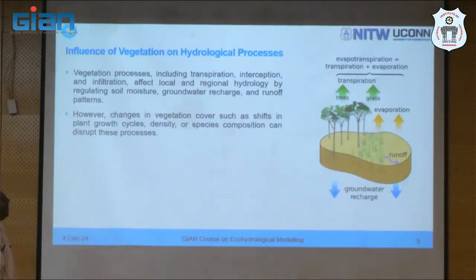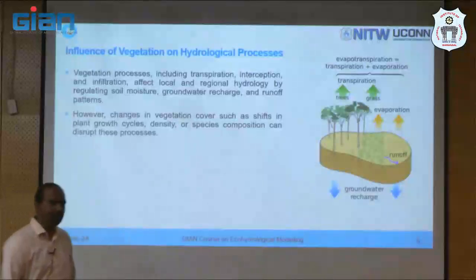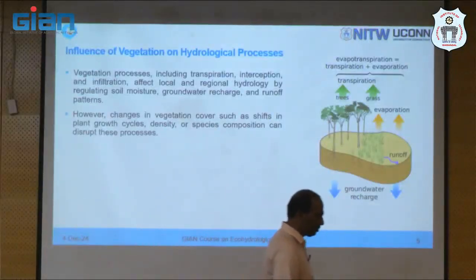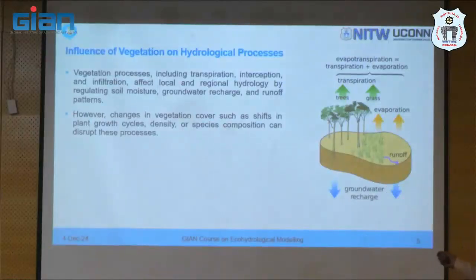We have seen this yesterday. Evaporation and transpiration combined is evapotranspiration. Yes. So you have the evapotranspiration that is occurring because of the vegetation. Now this vegetation affects the hydrological cycle in different ways. First, when there is vegetation, depending upon the type of vegetation and the density, your rainfall and runoff process is affected. When the rain comes to the earth's surface, this vegetation, trees, shrubs, grasses, they intercept this